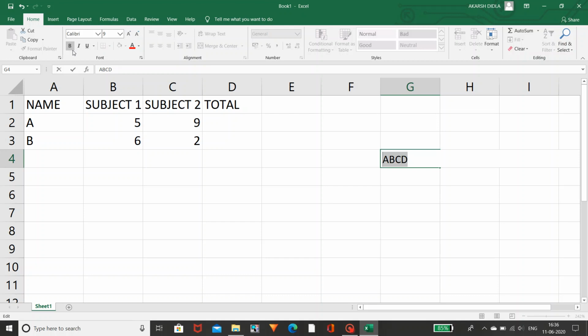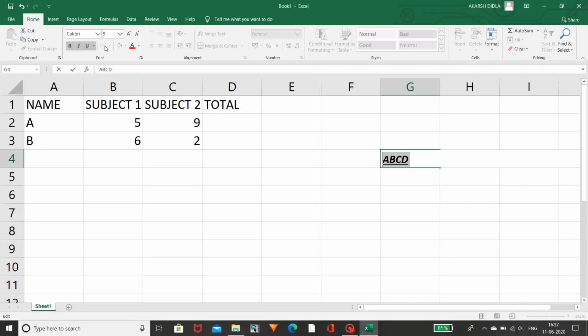And coming to the down, you can see here B, I and U. B, I and U is nothing but bold, italic and underline. That means if you want the bold letters, you can use this. You can notice there. Once again I'm showing, you can notice the changes. Coming to the italic, you can notice the change here. So observe carefully. If you want the underline, you can use this U underline option. So likewise you can use this option.